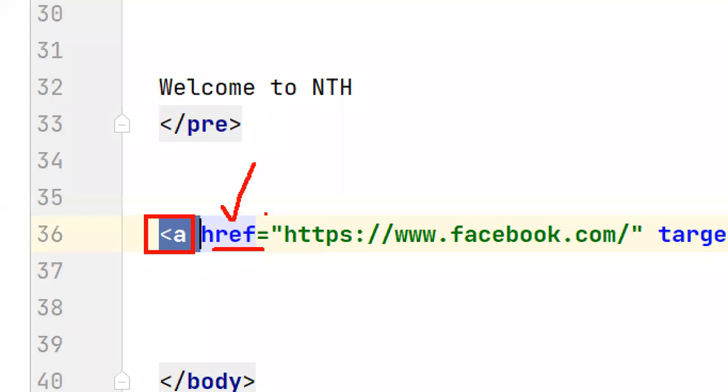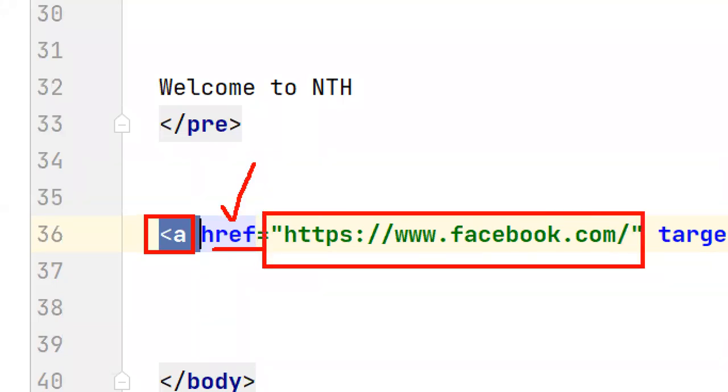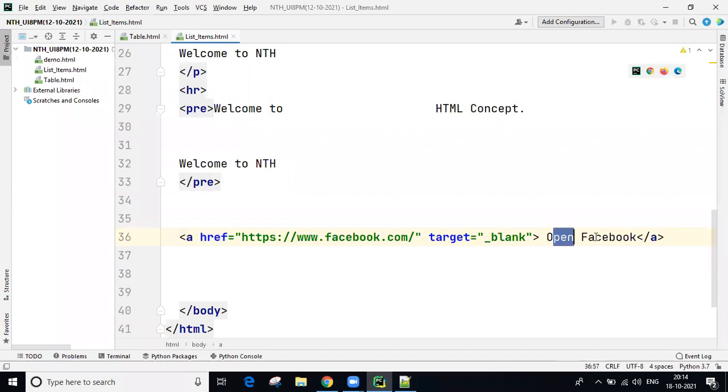And this href attribute value is some destination location, whatever you want to open: facebook.com, gmail.com, youtube.com, whatever you wish. The user can see this content on the page. Whenever the user clicks this content, guys, then this location is going to be opened. Our link redirects to Facebook, from the current page to the Facebook page.